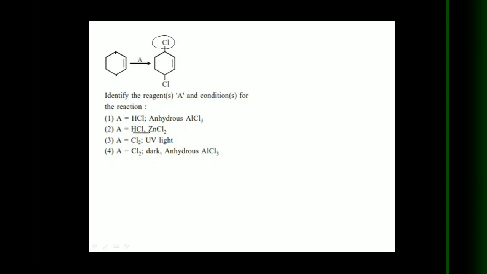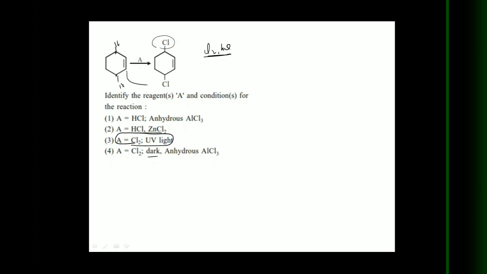It's nothing but a low cost reagent for distinguishing alcohols. And Cl2 with UV light, here Cl2 in the dark. So actually in dark condition, substitution is not possible. So here Cl2 with UV light, it is nothing but a free radical substitution reaction. Okay, so in this case we can use Cl2 and hv as a free radical substitution reaction, where allylic hydrogens are replaced by chlorine. Okay, this can also be done by using NBS.